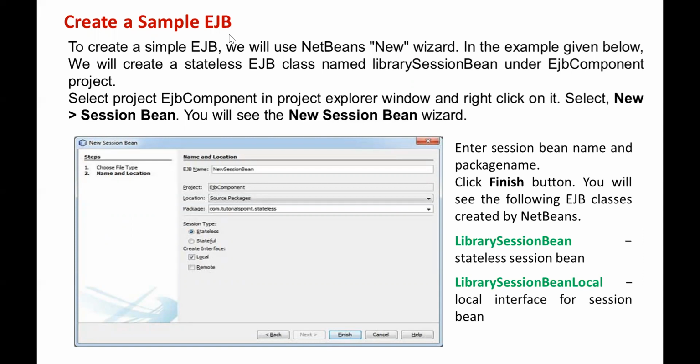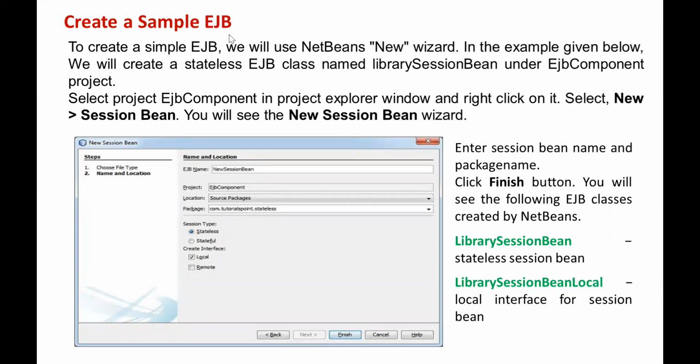Okay, once this window appears, we can create a simple EJB project. First, to create a simple EJB, we use the NetBeans wizard. Select the project EJB component in our Project Explorer window, right click on it and select New under Session Bean.